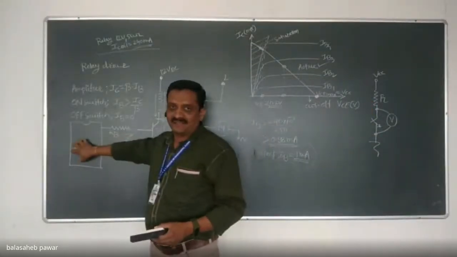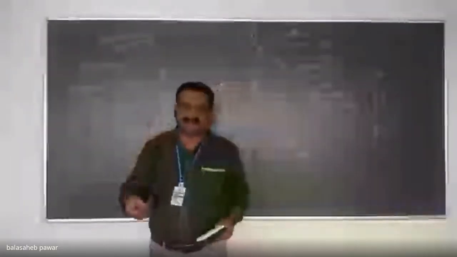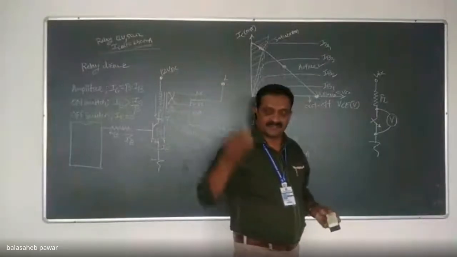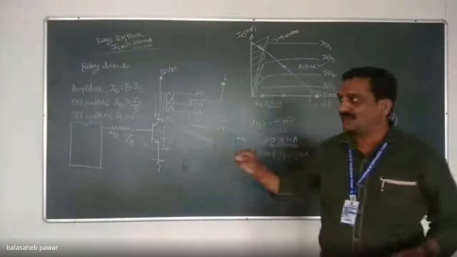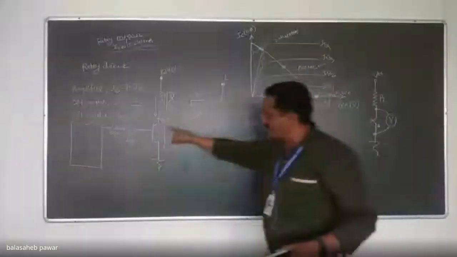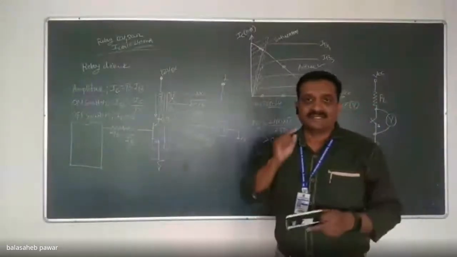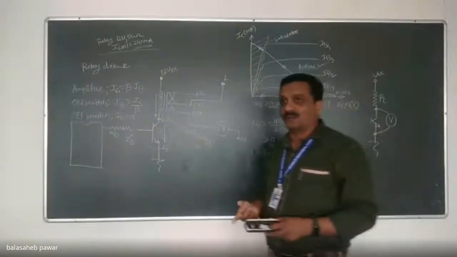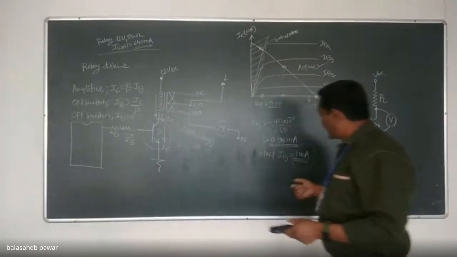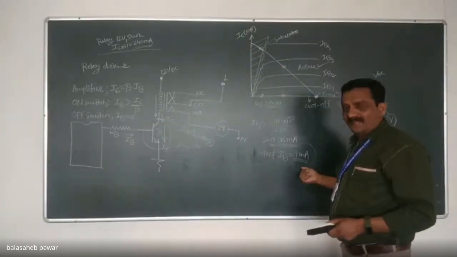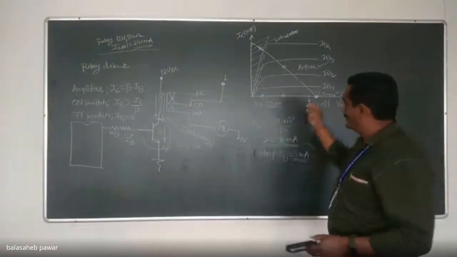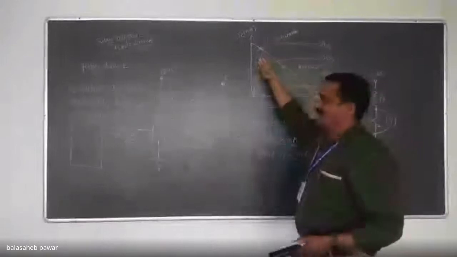Right? When the microcontroller output is logic high, there will be a non-zero IB. When the microcontroller output is logic 0, IB will be equal to 0, and hence the transistor will remain in the cutoff region. We will select the value of RB in such a way that when the controller output is logic high, that means plus 5 volt DC, at RB it will allow the current as per our calculation, equal to 1 milliampere, which is greater than IC by beta factor. And that transistor will be forced directly into the saturation region, right?